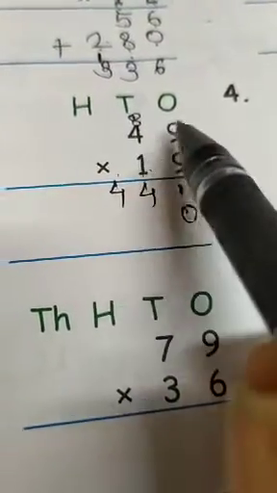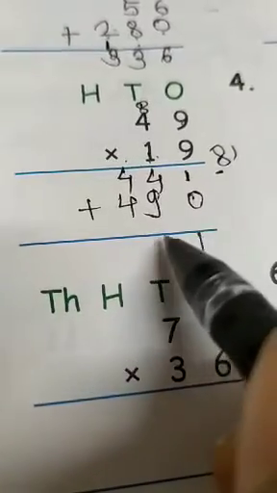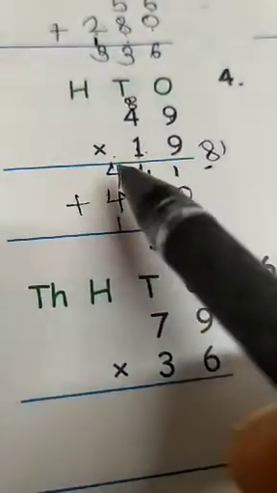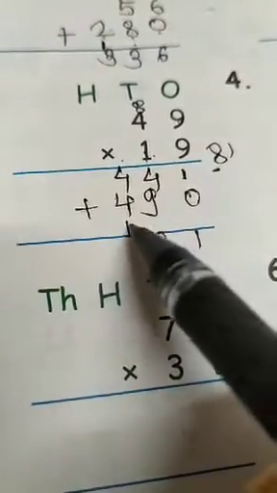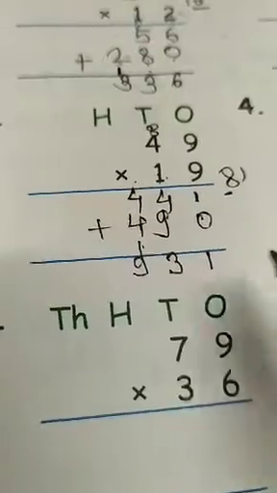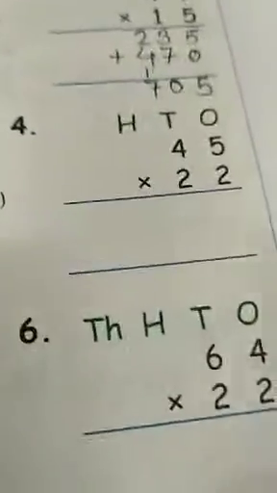So with this one firstly we multiply with 9. So 9 ones are 9. 4 ones are 4 plus 1 plus 0, 1. 9 plus 4, 13. So 3 is here, 1 will be carry. 4 plus 4, 8. And 8 plus 1, 9. So what is the answer here? 931.